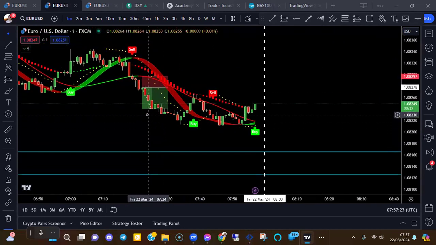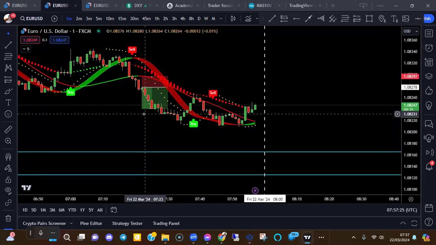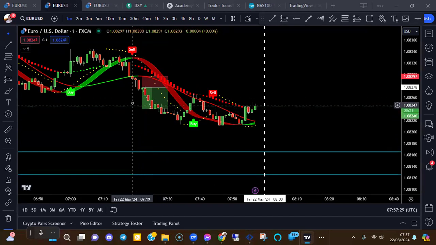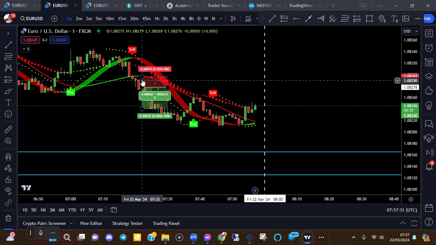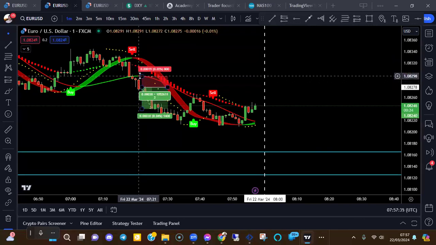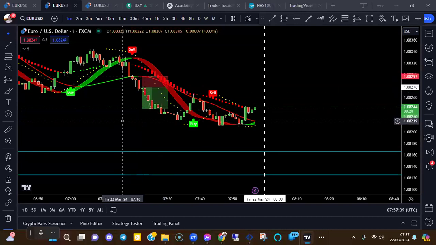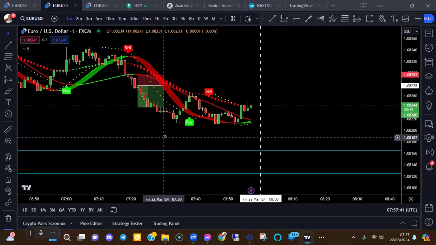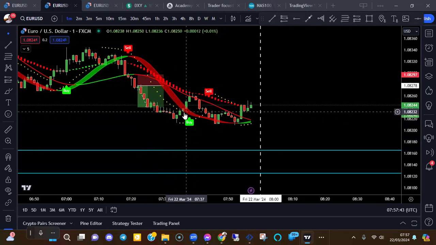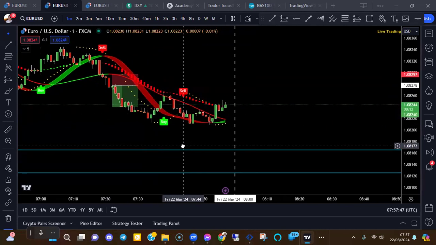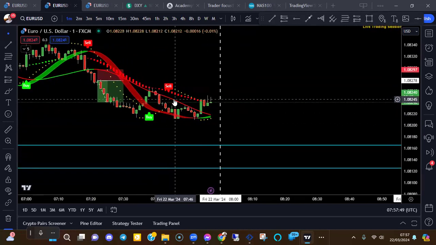if you were around at 22 minutes past 7 this morning, a sell alert, the trend turned red. That's where the stop loss goes. Get into the trade there, you would have got your 2 to 1. We had a buy alert, but as you can see, nothing was green. And we had another sell alert,